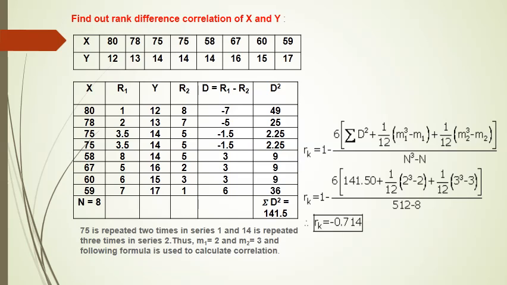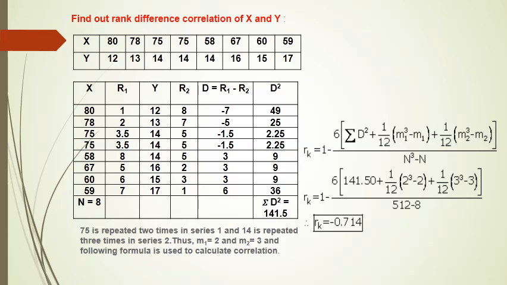So we have to take the average. 4 plus 5 plus 6 divided by 3, so the average is 5. So we have to give 5, 5, 5, the 5th rank to 14. Now 4th, 5th and 6th are already occupied. After this, the next value is 13, and we have to give it a rank. The 14 which appeared 3 times, we have given 5, 5, 5. Then for 13 it will not be 6 but 7, because 6th rank is already occupied. And for 12 it will be 8.